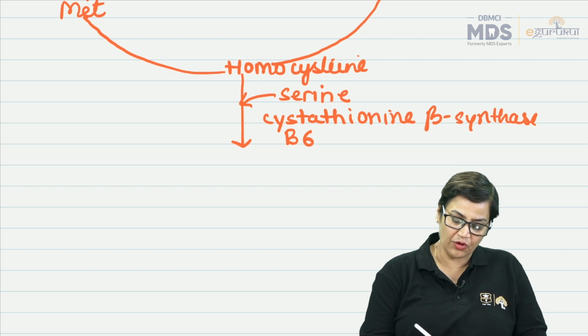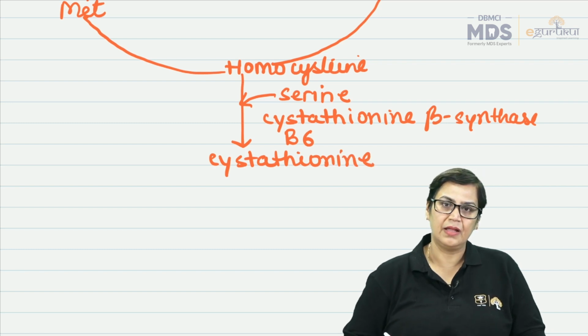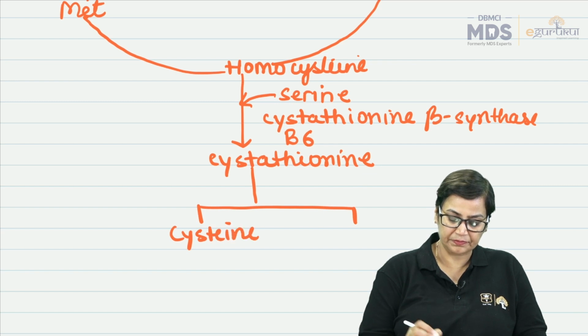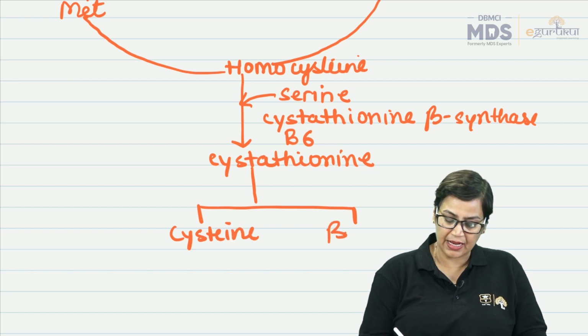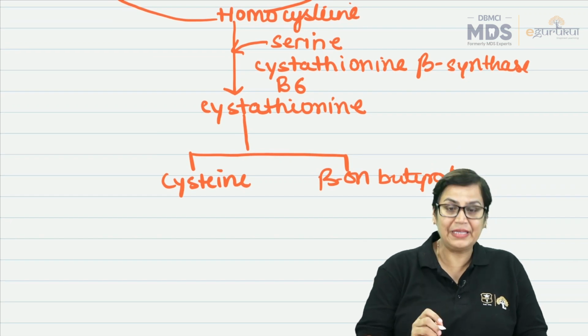Clear? And it forms cystathionine. This cystathionine undergoes splitting to form cysteine and beta hydroxybutyrate. Now the question is, as you can see here, B6